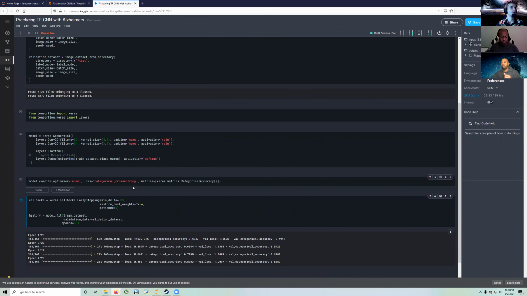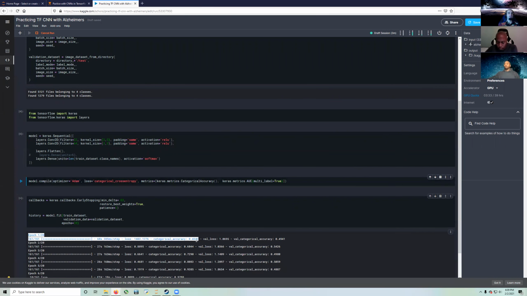So to explain what I'm doing over here, right now I'm running this in a cloud environment. This is a Jupyter notebook running on Kaggle's server. And as I'm running the model, you can see down here that the accuracy is moving from starting at the first epoch at about